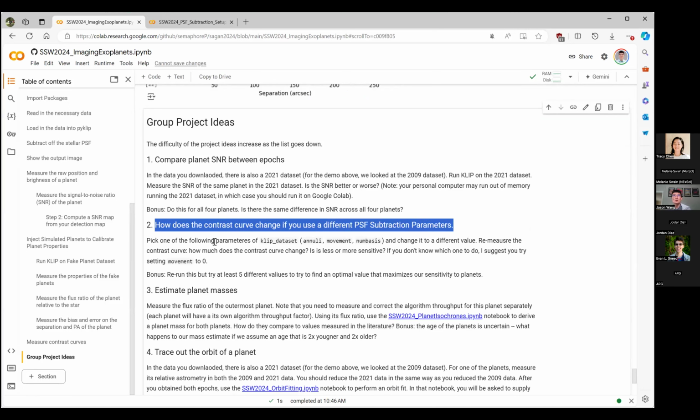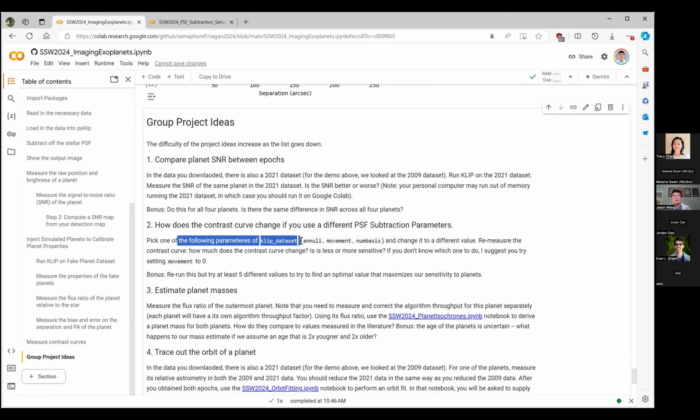The second group project is how do the contrast curves change if you use different PSF subtraction parameters. So pick one of the following parameters of klip dataset, which I guess I'll explain now. Annuli is the number of annuluses to break the image up into. So we run klip